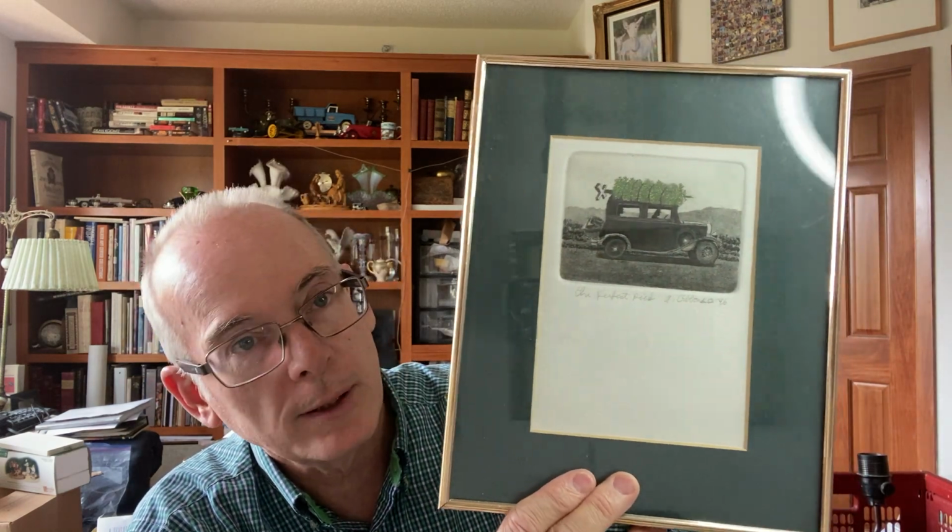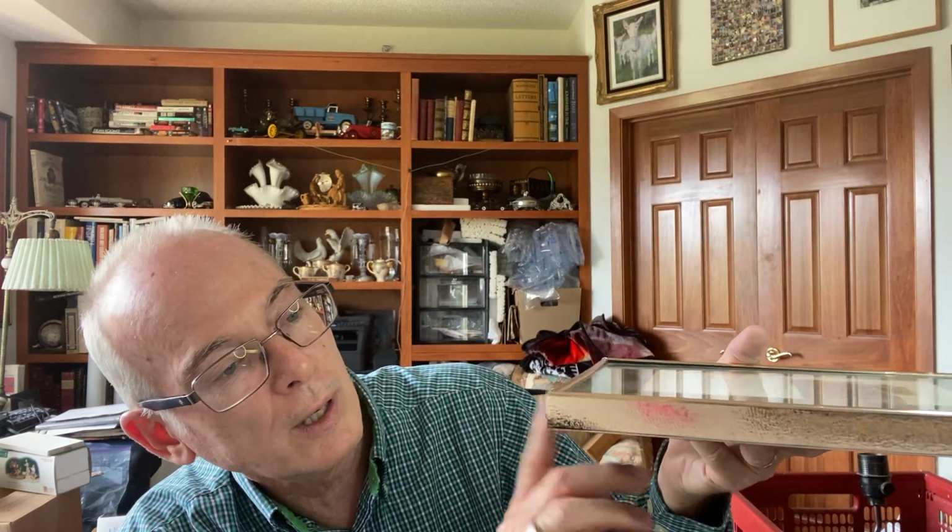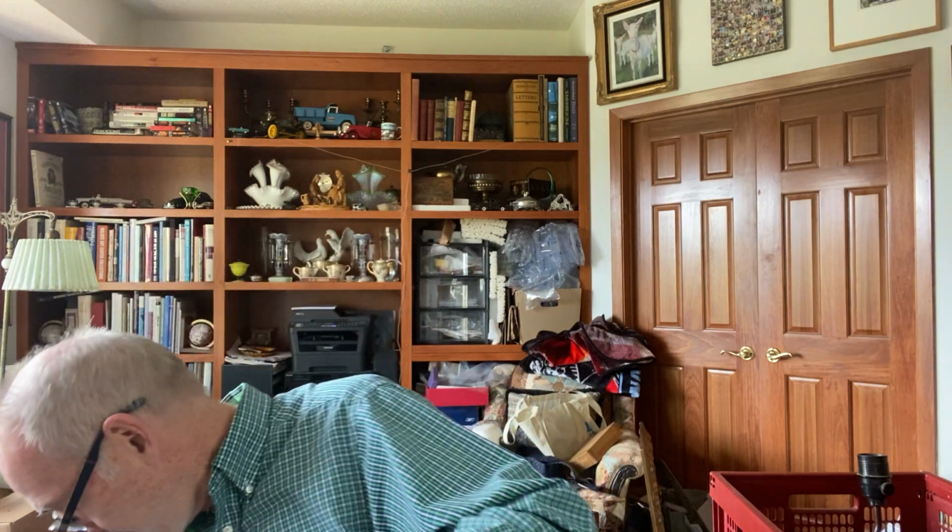So that's this, and I probably will put it in a different frame. It doesn't fit well in this frame to begin with, as it's very loose, and I'm not too fond of that frame for it. I think something more like this frame that I picked up last week would do it more justice. So I'm probably gonna switch it around. But anyway, that's that. Now, the final thing I'm gonna show you is